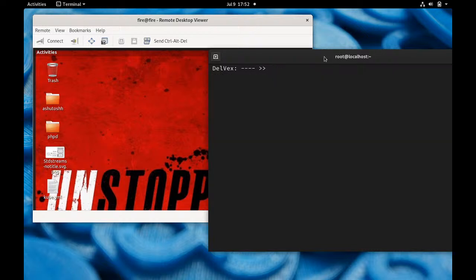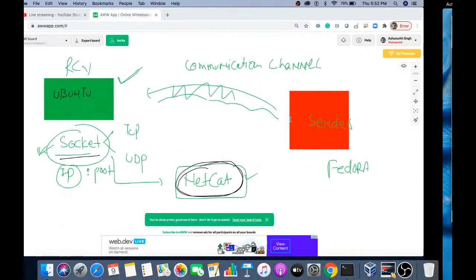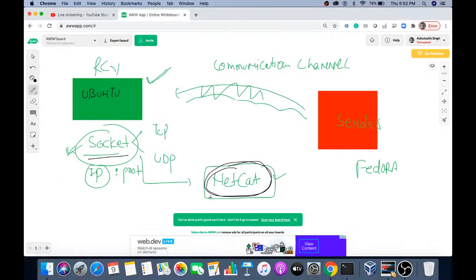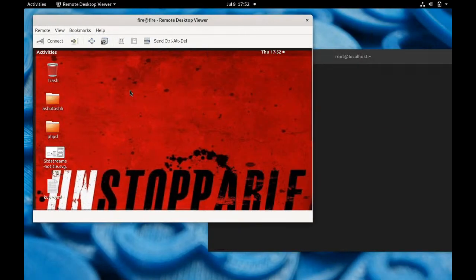Okay. So now what I want to do, let's say I'm running the date command or cal command, I want to send the output of this one to this machine. Simply, I want to send the output of this cal command to the target machine. Now to do this, we will use the netcat facility on the Ubuntu side. So I'm going to open,